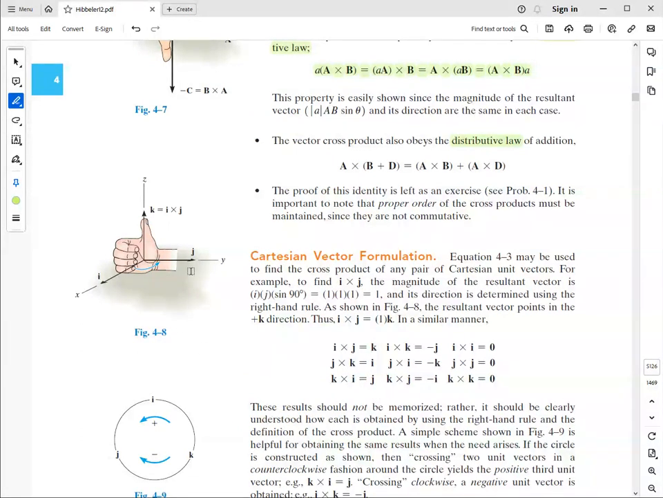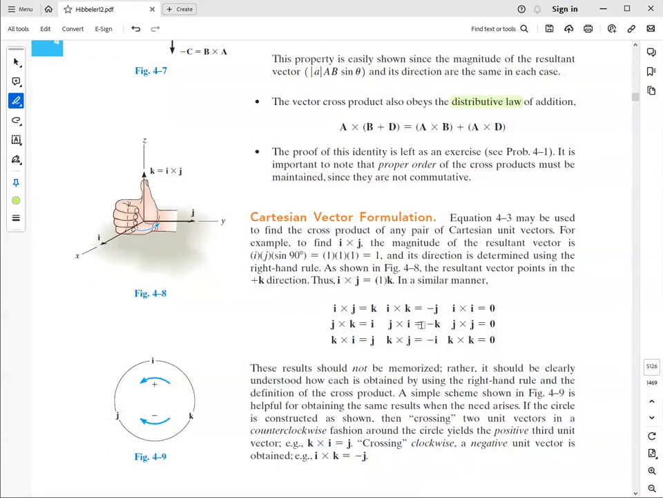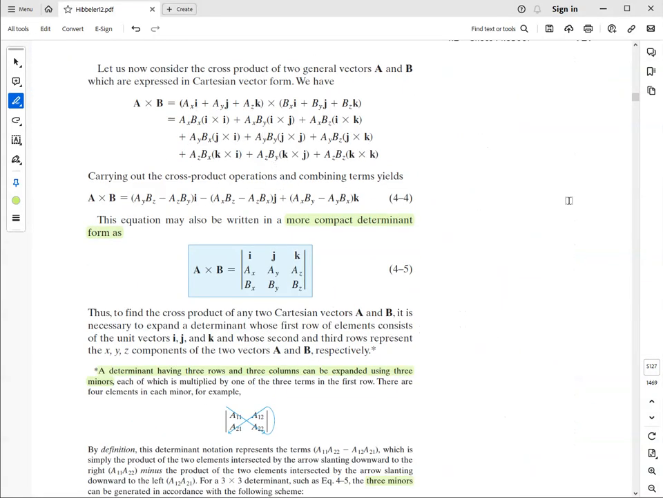So i crossed with j, it's positive k. i crossed with k, I go a to k, that's negative j, and so forth. And then if the vectors are parallel, their cross product is 0. Sine of 0 is 0. All right, so i crossed with i, j crossed with j, or k crossed with k, they are all 0. But we're not going to go through these steps because they are an easy way to state cross products, keeping track